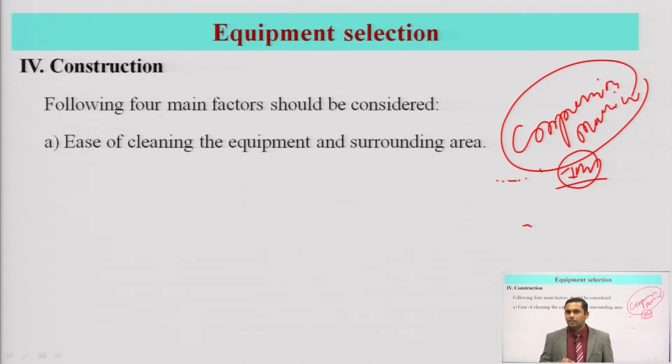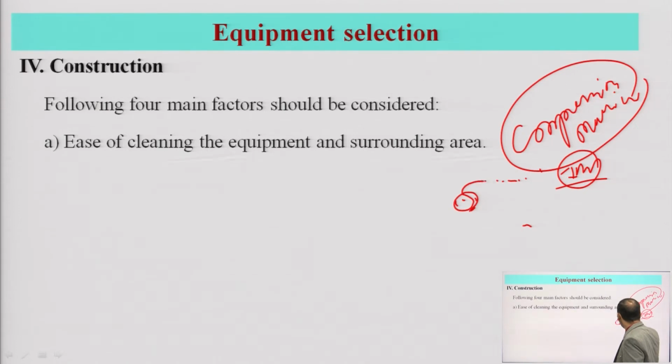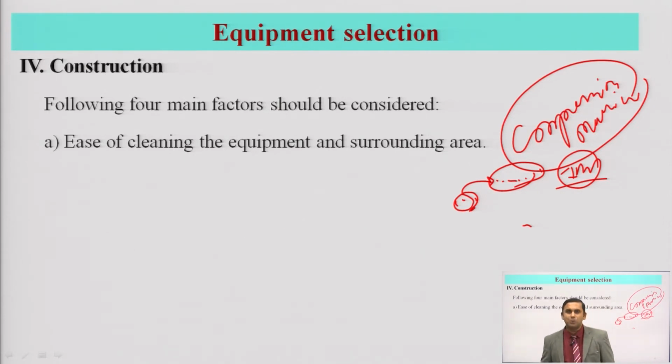When you start the next batch of a different product, a different tablet, that tablet will get contaminated with those residues, and there will be some interaction, and due to that there are chances your product will degrade, or it may alter its formulation, or it might not show proper therapeutic activity. That is why cleaning is very important, and